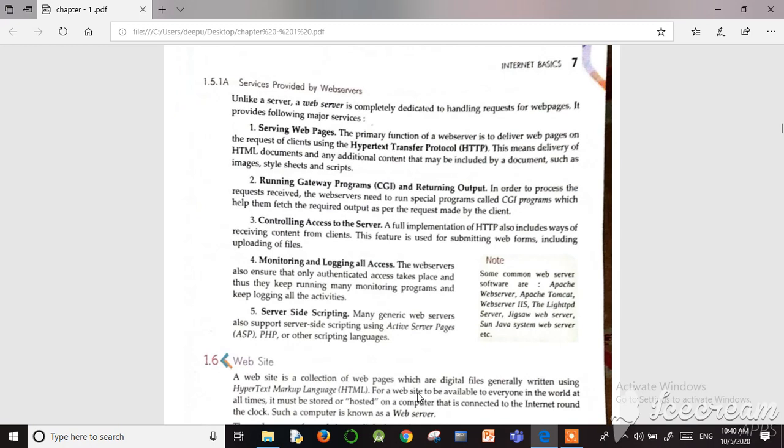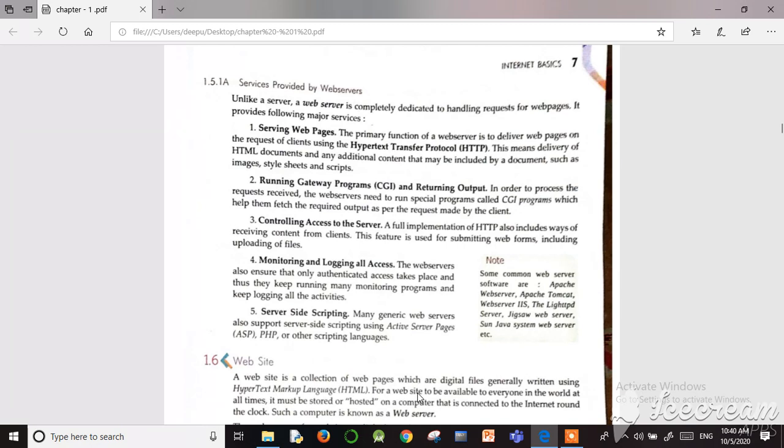The third one is controlling access to the server. A full implementation of HTTP also includes ways of receiving content from the client. This feature is used for submitting web forms, including uploading of files. Controlling access to the server means that from the client side they can submit any type of web form.